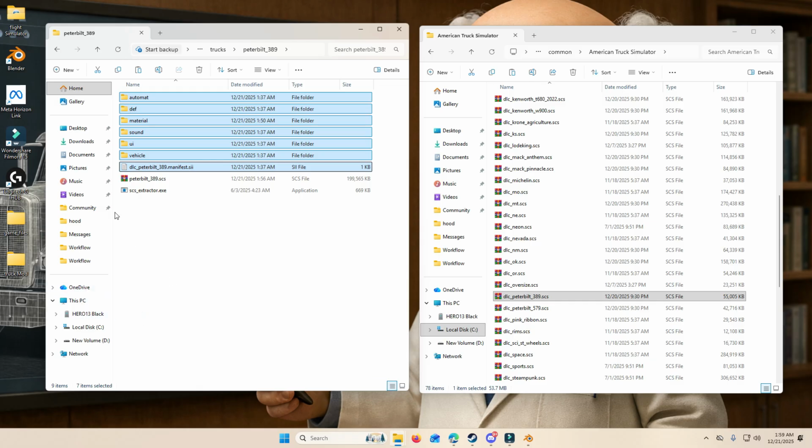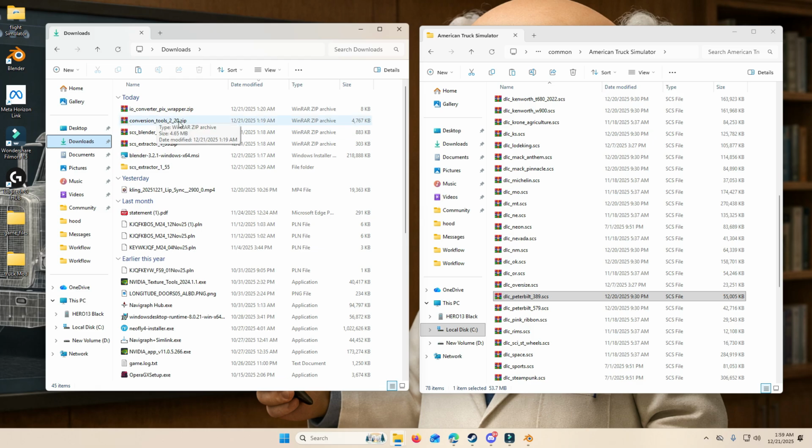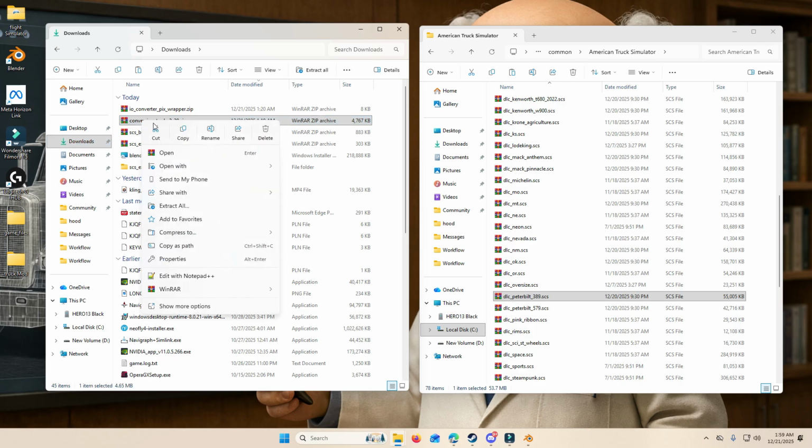So we'll go to downloads. Here's your conversion tools. Your conversion tools can't be in a zip file. Not like your ConverterPix wrapper and your Blender tools. Your conversion tools has to be extracted. So what we'll do, we'll just